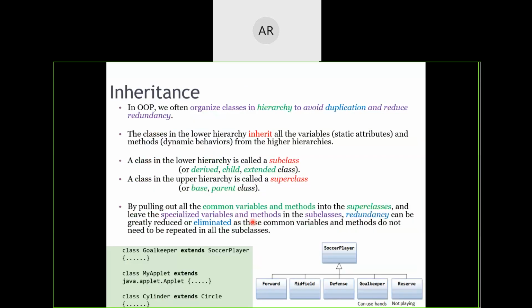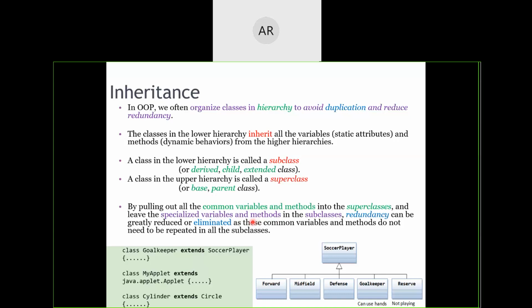So now coming next, the topic is inheritance. This inheritance is actually a concept of object-oriented programming, which is going to make our coding very easy. What it does is it organizes the classes in a hierarchical manner wherein we will write what characteristics belong to what class separately.